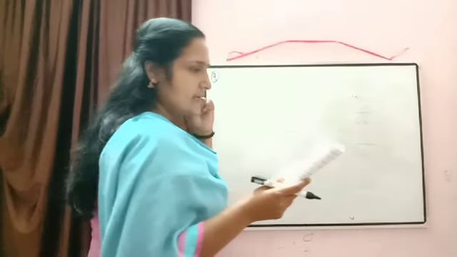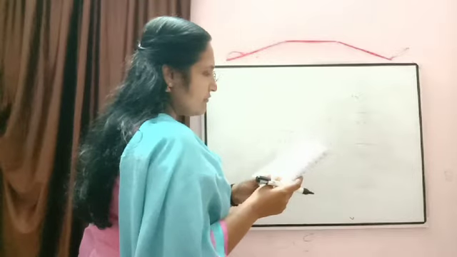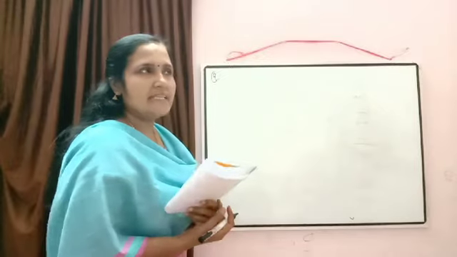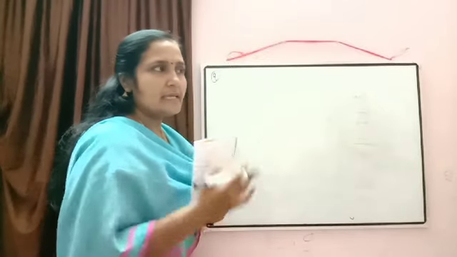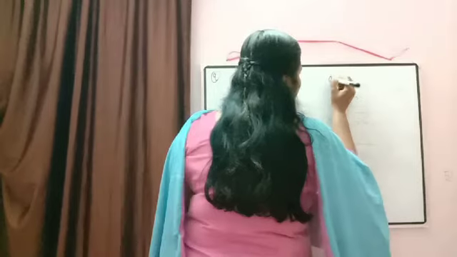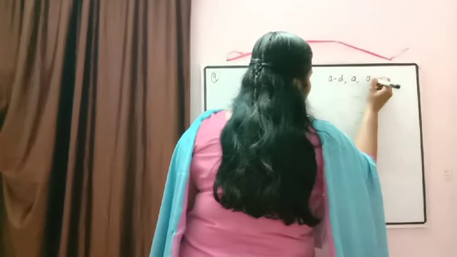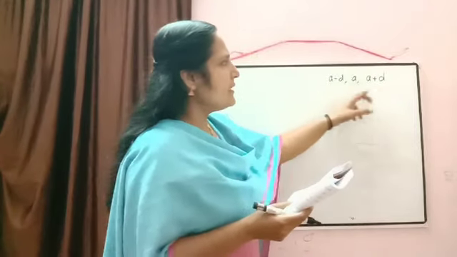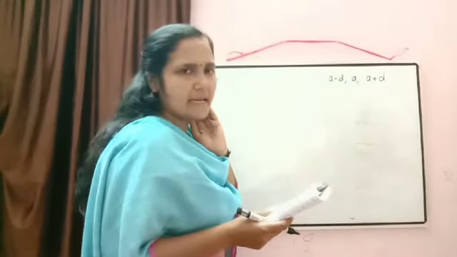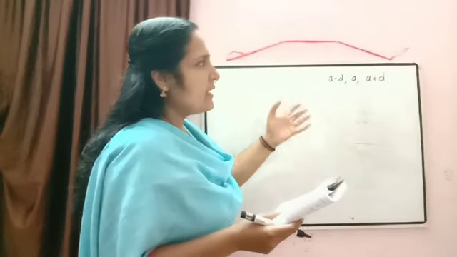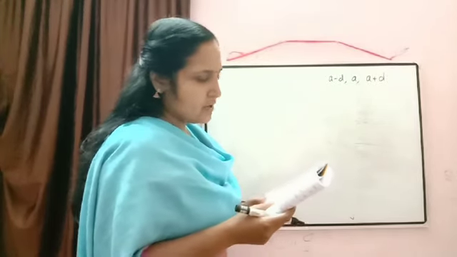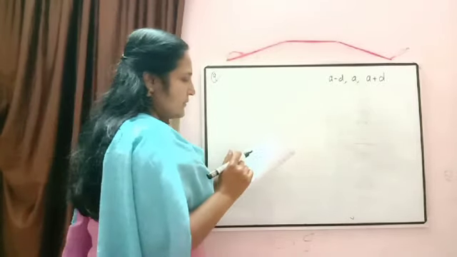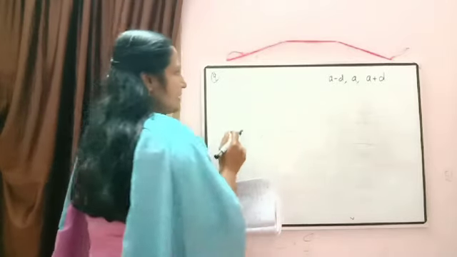Now the next question, it is written: sum of first 3 terms of a GP is 13 by 12. Now normally in AP we studied that whenever we have to take 3 terms of the AP, we take them as A minus D, A, A plus D. We take this so that when we add the terms, D and D get cancelled, and directly we get the value of A from there. This makes the calculation easy. So in the same way, sum of first 3 terms of a GP is 13 by 12 and their product is minus 1, as written there.